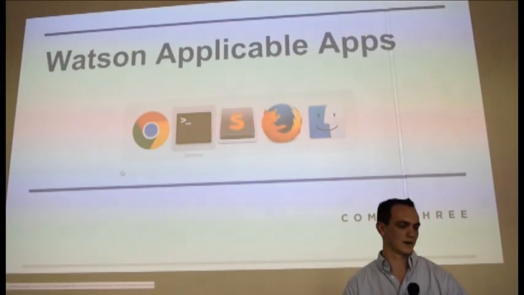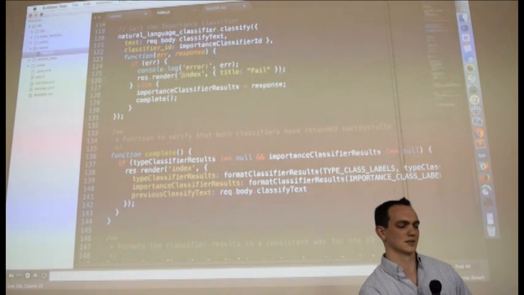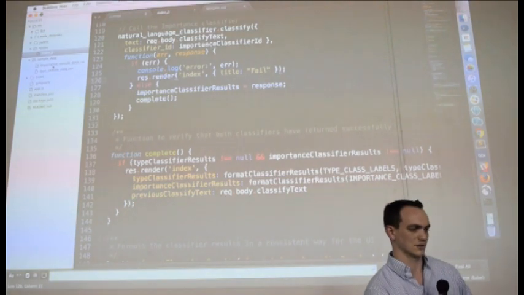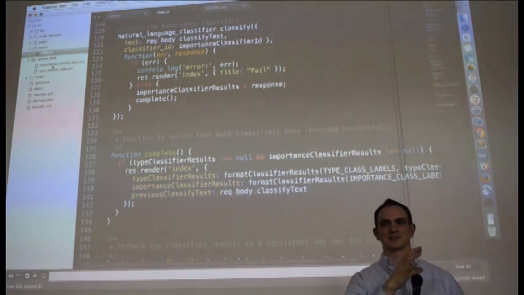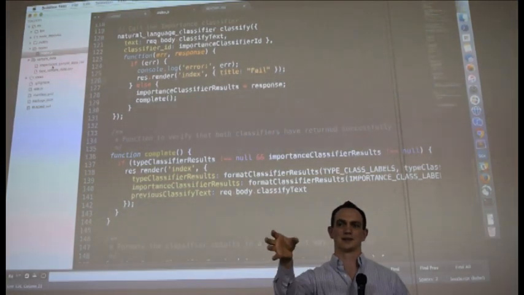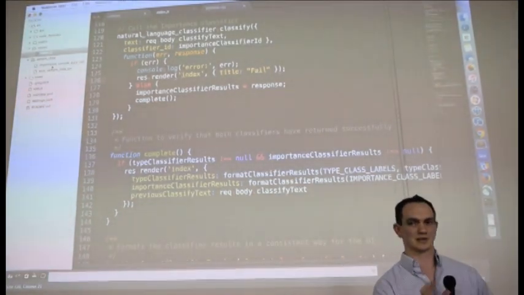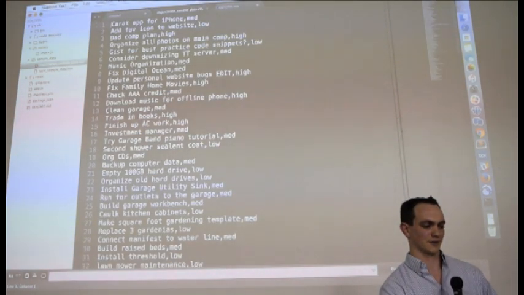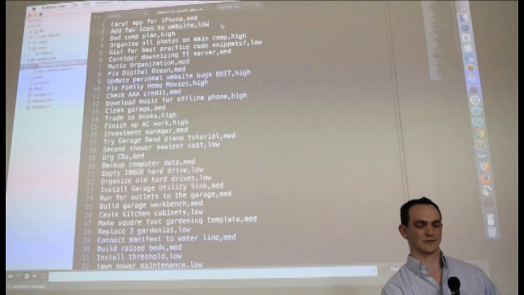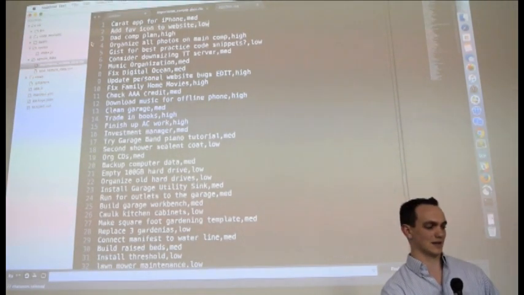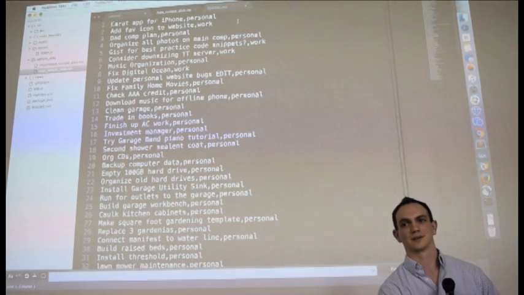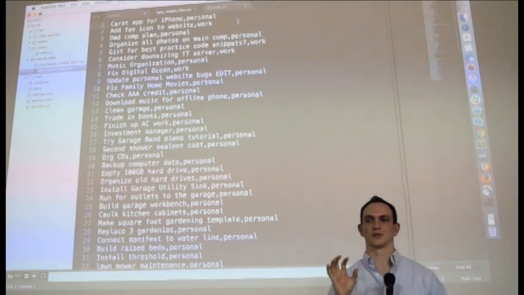So I think if you have multiple categories, you can do two things. If you look at the sample data set that I have, there are two approaches. If you have two distinct classifiers, like this is of high importance and it's work, you then could build a classifier for each thing that you're categorizing for. So I have the exact same tasks here with the importance data set, like add fav icon to website is low, and this is the training set for the importance classifier. And then in the type classifier in its sample data set, I have add fav icon to website, and that's work. So you can create a classifier per thing you're classifying into.